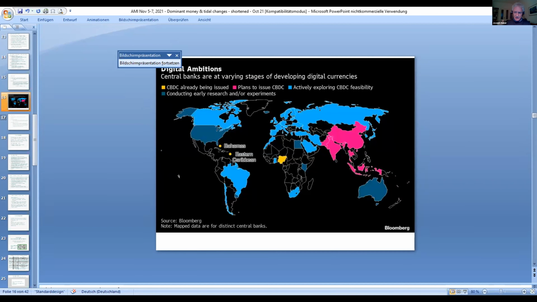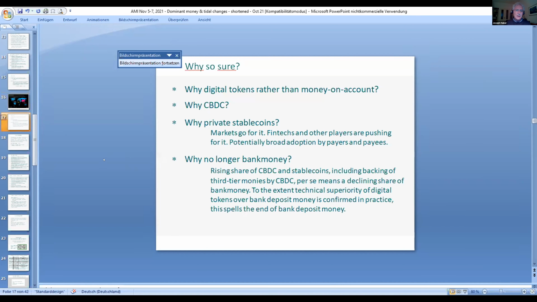I'm convinced that the next dominant type of money will be CBDC, or however it would be called then. What you can see here is a map of all the important central banks across the world developing CBDC in some variety, and being themselves in an earlier or later stage of implementing CBDC. So that's on track, that will happen. It's simply a question, will it happen next year or in 3 years or in 5 or 6 years? And then why do I think that private stablecoins will also be on the rise?